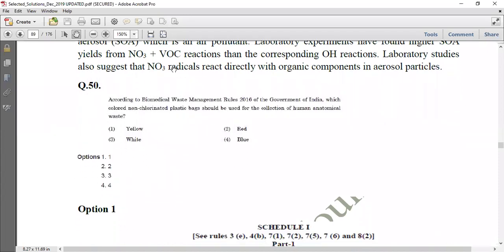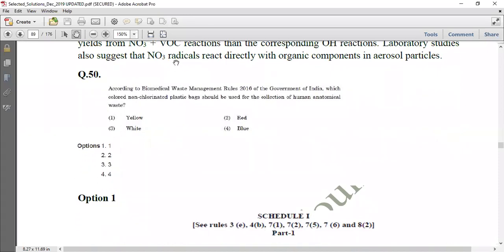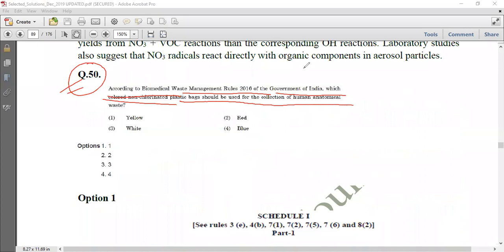So this is question number 50, which is from biomedical waste, an important aspect. According to the Biomedical Waste Management Rules 2016 of the Government of India, which colored non-chlorinated plastic bags should be used for the collection of human anatomical waste? Now this has been made yellow. Some modification has been done. In the older versions, human anatomical waste